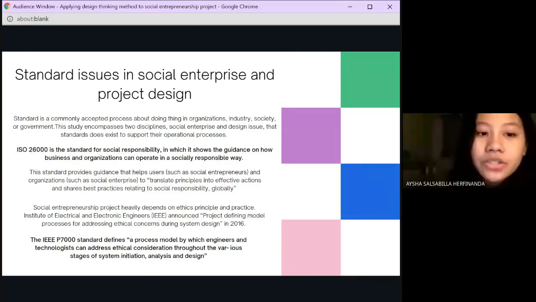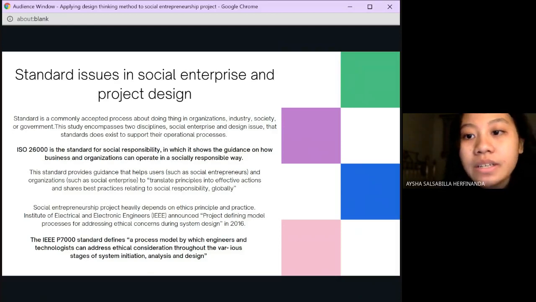Okay, the standard issues in social enterprise and project design. A standard is a commonly accepted process about doing things in an organization, industry, society, or government. We will explore the standard in this section. There are two standards that